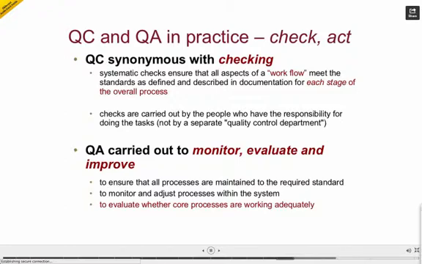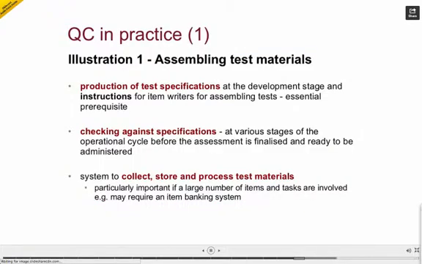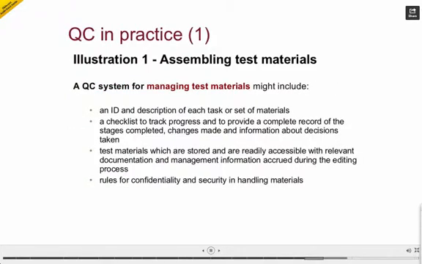So you can see this, just to illustrate very briefly, that in assembling tests, a prerequisite would be to have specifications. The specifications then generate the instructions to item writers for assembling tests on an ongoing basis. But they also provide the basis for doing all kinds of other checks at various stages of a process, which might go through many phases until you come up with the material which is ready to then go into a storage facility, so that the material is ready for when you need to select it, pull it out, use it in a live test. And of course, in complex organizations, you'd need an item banking system and very sophisticated methods to categorize and retrieve the material.